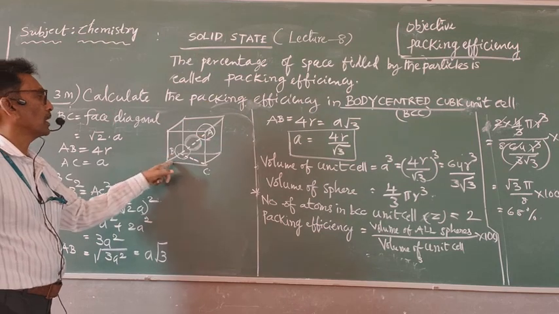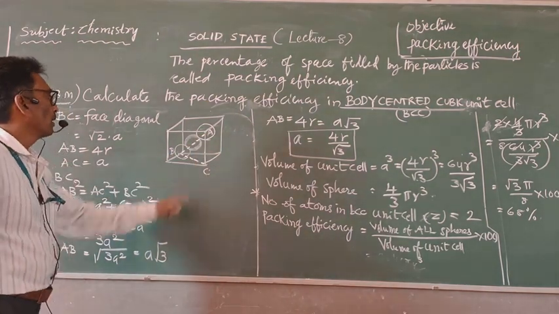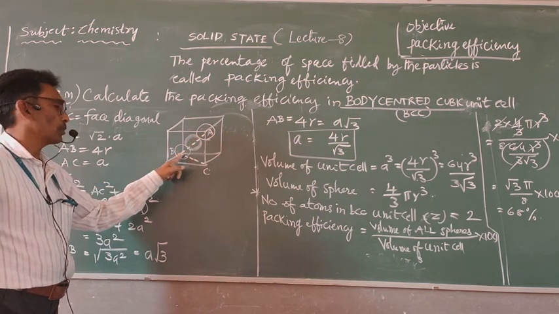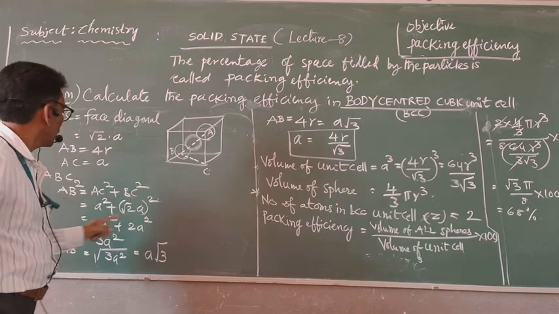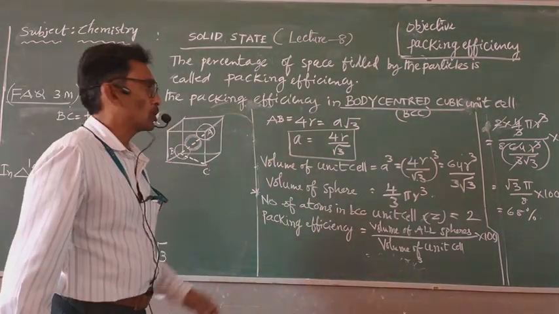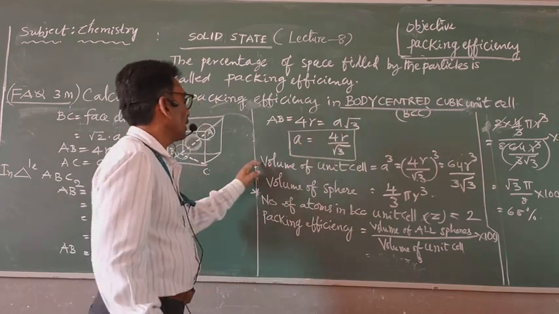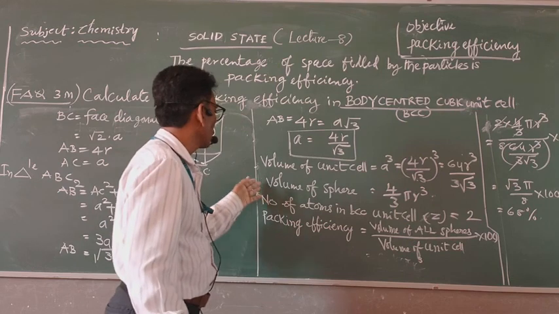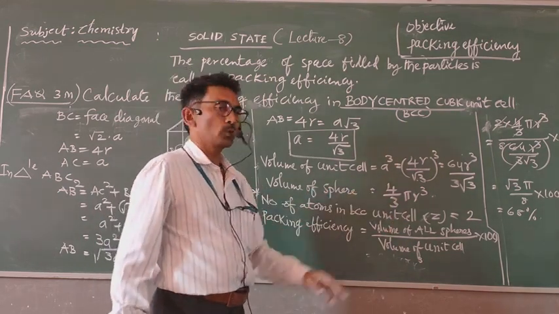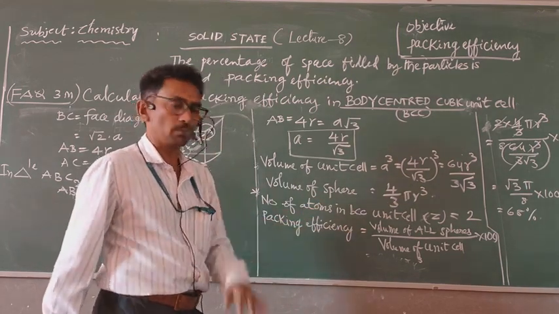Once again, take a quick look at this information. The particles are arranged body centered, corner of a cube and center of the body. You have to write one corner, middle of the cube and opposite corner. Then you will get a triangle. After this, the relation between edge length a and radius of the sphere r is a equal to 4r by root 3 and volume of unit cell, that is mathematics. The number of atoms per unit cell is 2 and volume of sphere is 4 by 3 pi r cube. Some mathematics, some chemistry here, both are mixed.